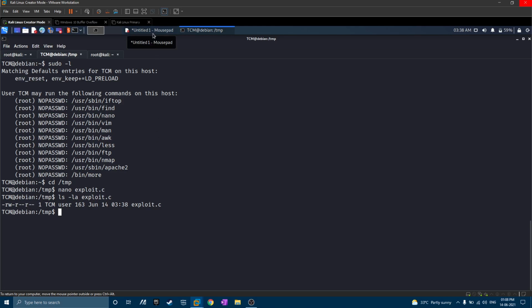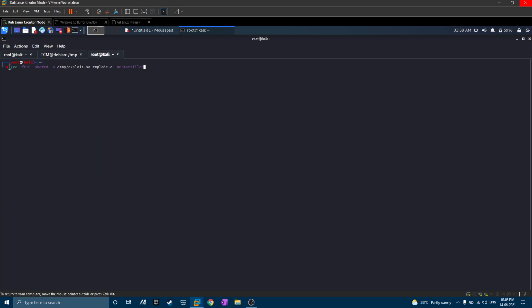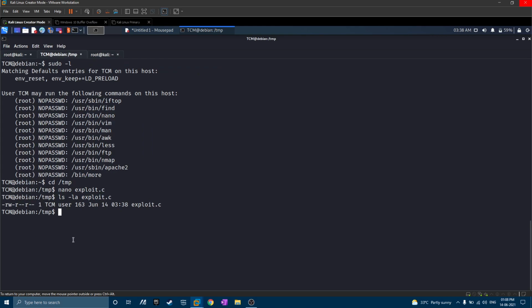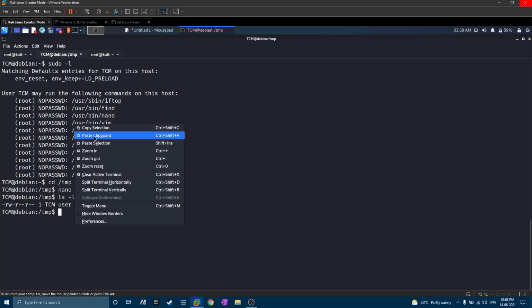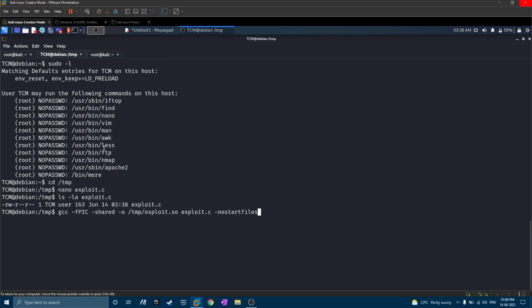Now all you need to do is compile it with this command. I will provide you this command in the description so you can also copy this. What we are doing is simply using the GCC utility and compiling our exploit.c and then outputting it to an exploit.so file so that it could be used as a binary.